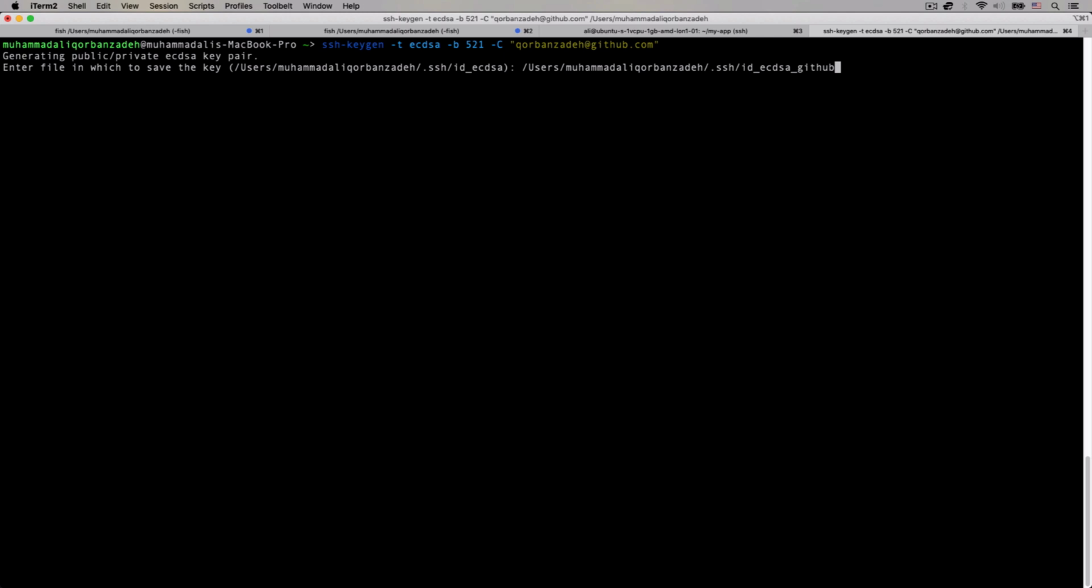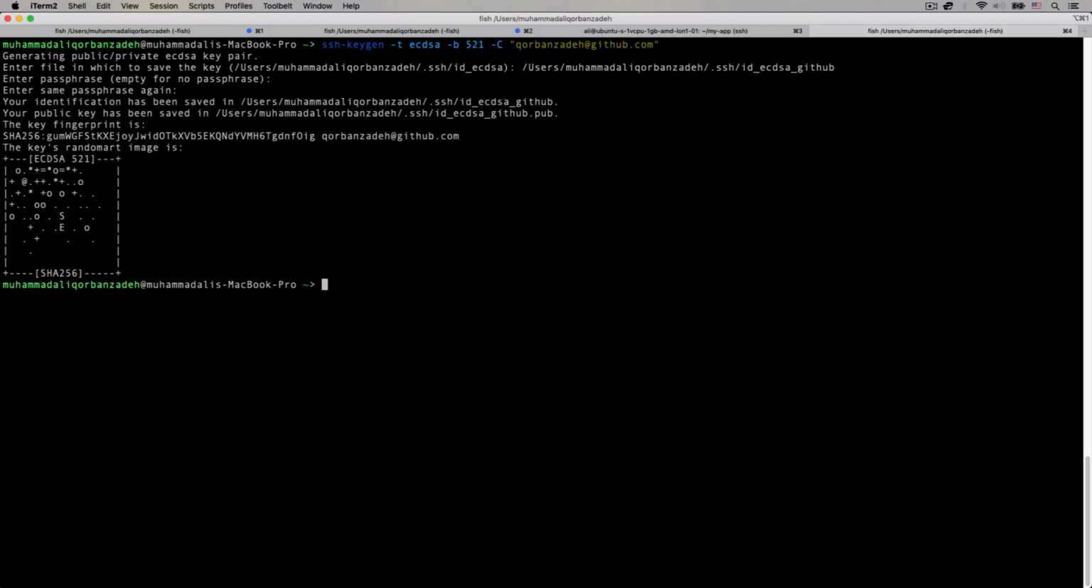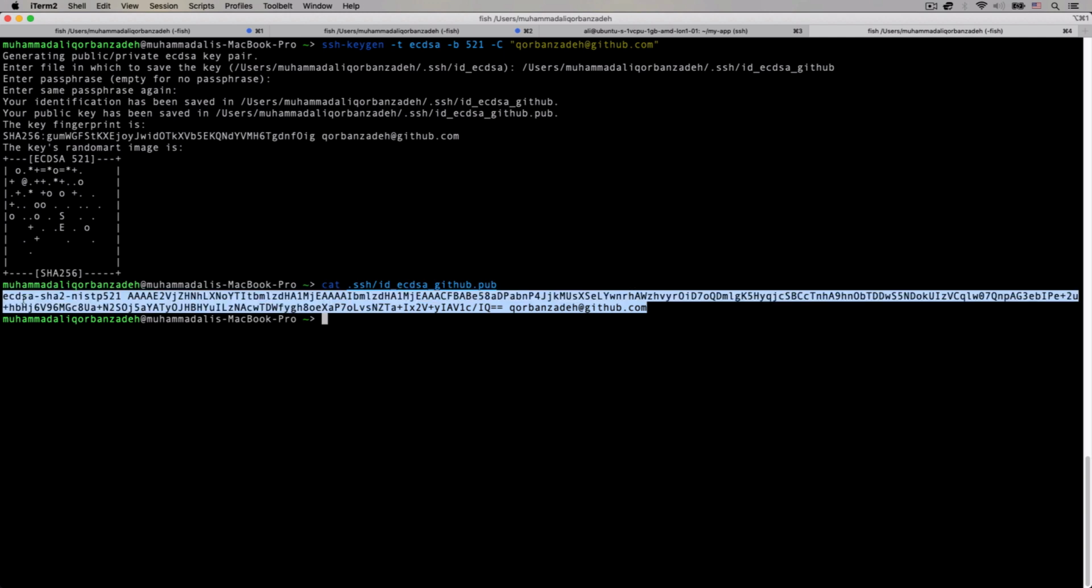Remember, if you don't change the name and you've created SSH keys with this default name before, that will be overridden. Okay, then type a passphrase, which I highly recommend doing. Okay, done. Then cat ~/.ssh/ and the name of your public key. Copy the whole text,